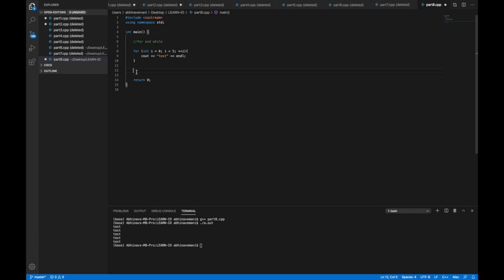Now let's talk about while loops. While for loops run for a certain number of times, while loops run while a certain case is true. So I'm going to make a variable, int num1 = 5. So I'm going to say while